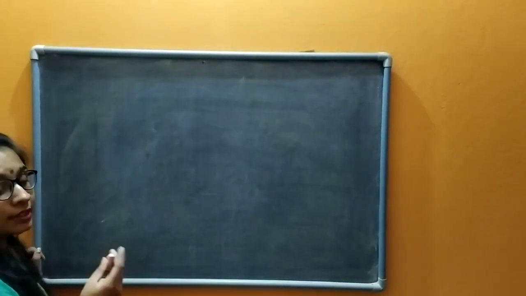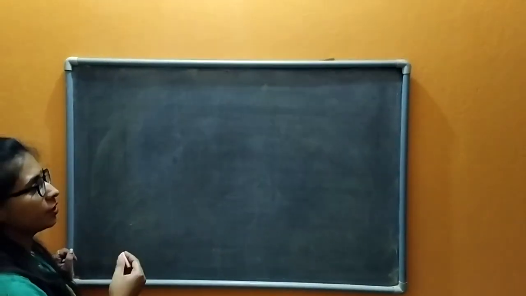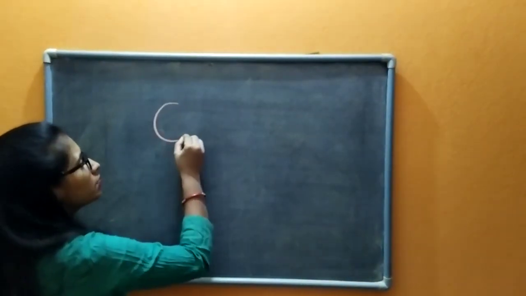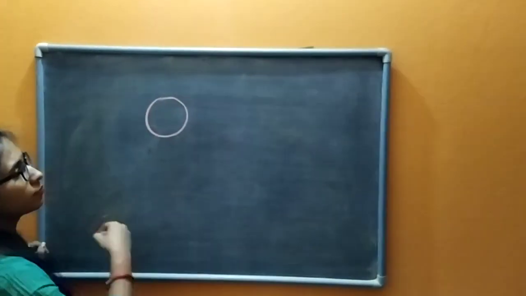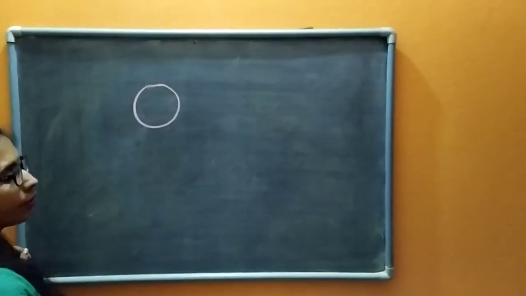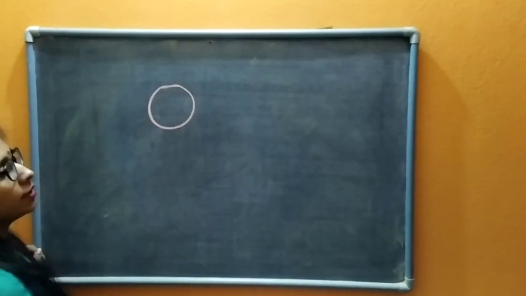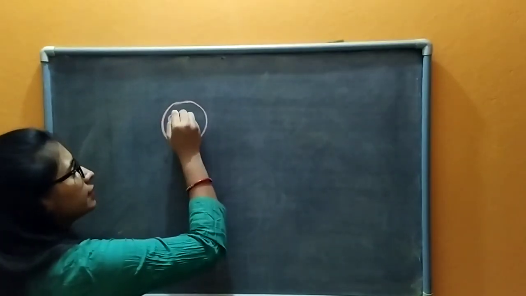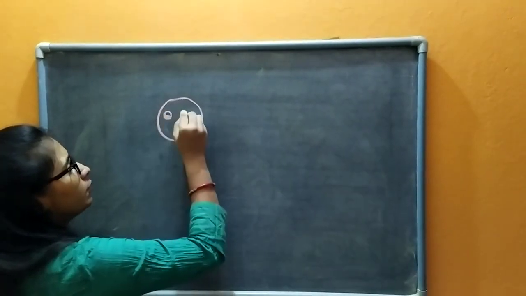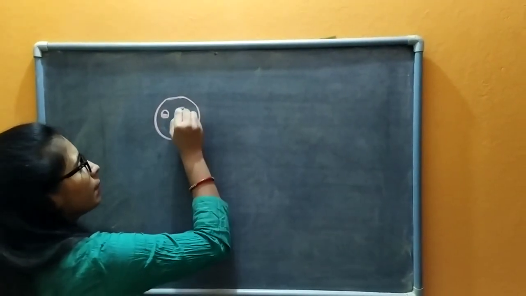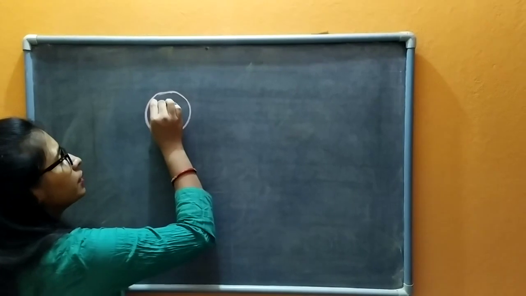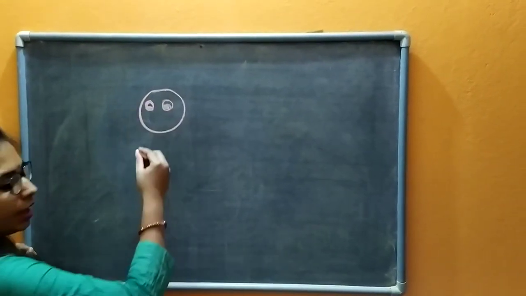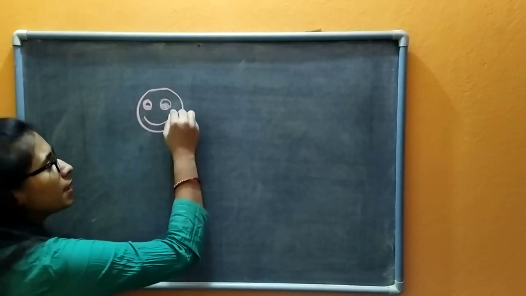So now we will start drawing our next picture. For that, you have to draw a small circle. Fine. Have you drawn this circle? Now you have to draw 2 eyes. Guess what I am going to draw? अब आपको guess करना है हम क्या बना रहे हैं. Fine. Okay. Now you have to draw a smile.